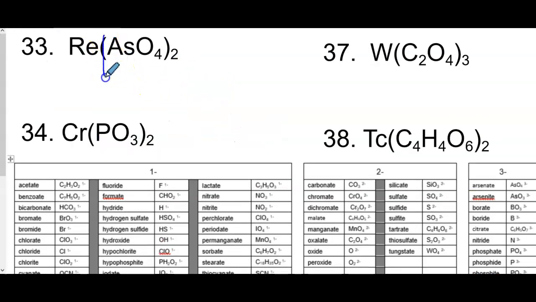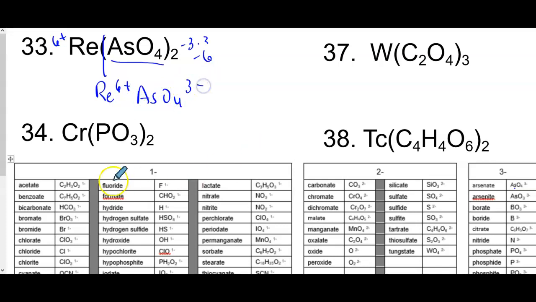Okay, split it after the cation. Look up this unit. Parentheses tell me I have 2 of the unit inside the parentheses. I find it to be a minus 2, a minus 3. So I'm going to take minus 3 times 2, which is negative 6. This is a 6 plus, or plus 6. I don't care which way you write it. There's 1 of them, though. So this is Re 6 plus and